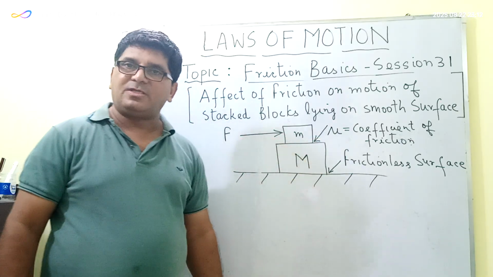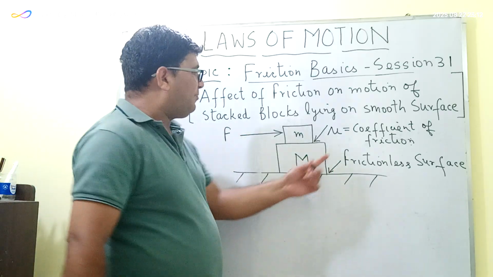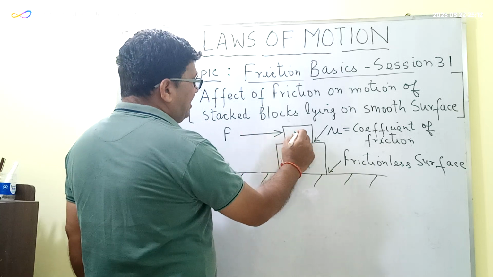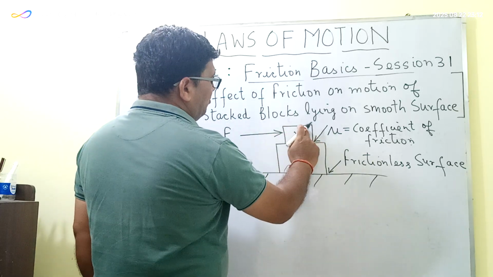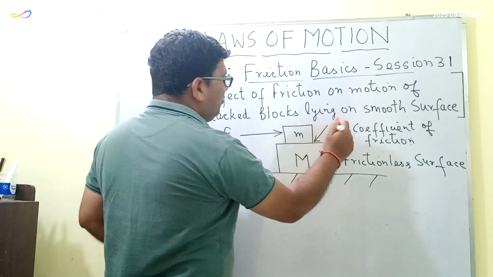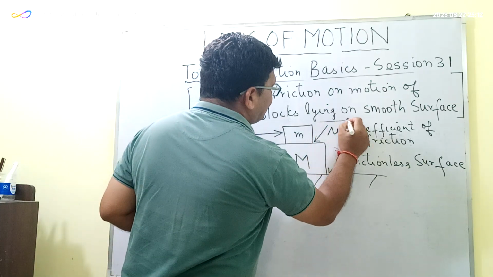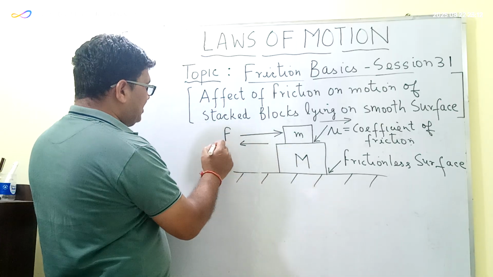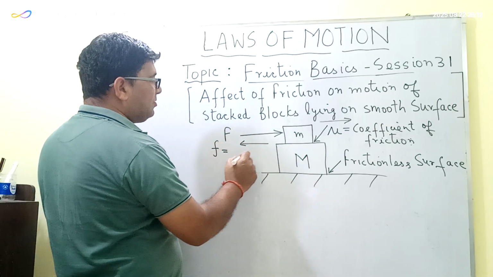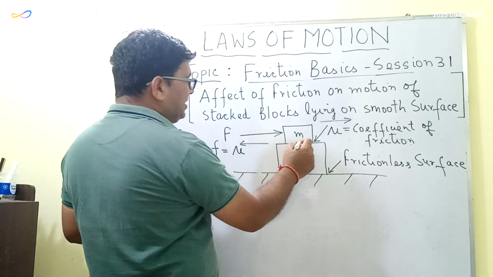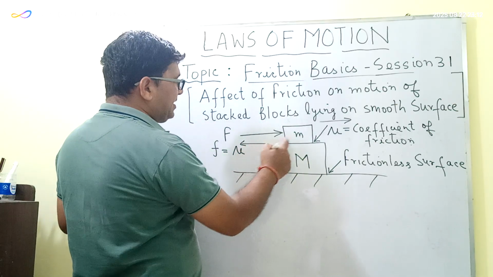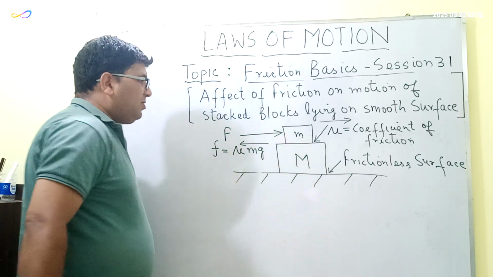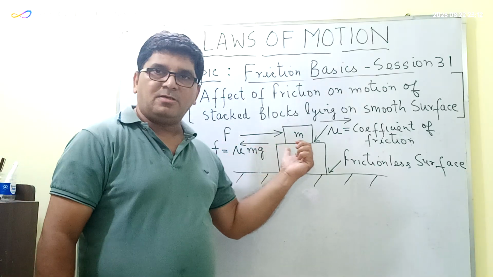दिस फोर्स अप्लाई करेंगे, what will happen? The force of friction will be generated, and this force of friction will oppose the relative motion. So if the force is being applied in this direction, then this block of mass small m will have a tendency to move in this direction. So the force of friction will act in the backward direction. Let us say this is small f, so this will be equal to mu into N. N is a normal reaction, so for this surface the normal reaction will be equal to small m into g. This is the force of friction which will be acting in the backward direction.